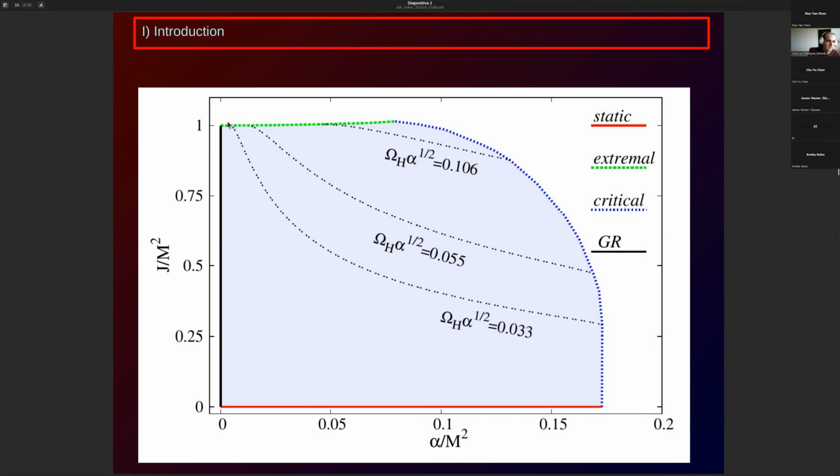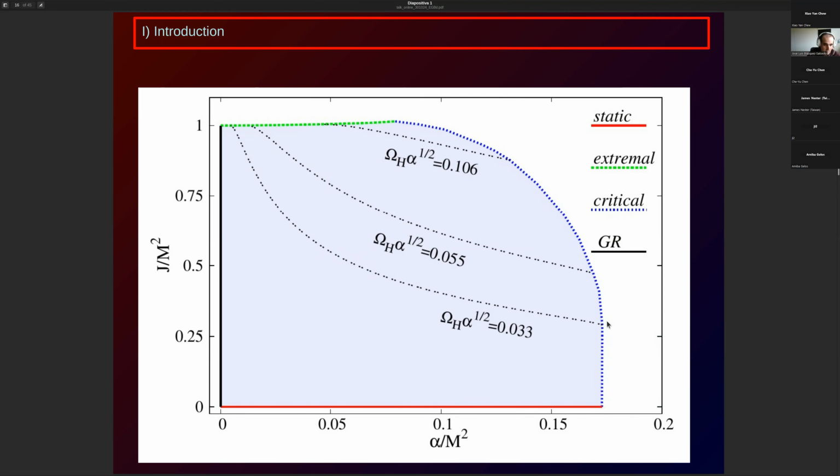This is the way GR is bounded, no? The GR solution is bounded. In red, I showed you the static, what I showed you before. You start from Schwarzschild, you increase the alpha parameters, you start to increase the scalar hair of the black hole, and eventually you touch the limit solution, this solution where regularity is lost.